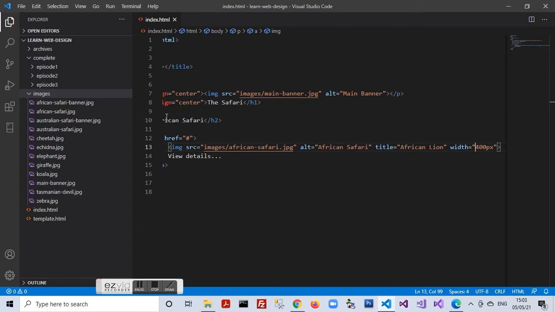So let's move to the browser. Then move to our example page, refresh it, and let's see the effect of this change in the image size.